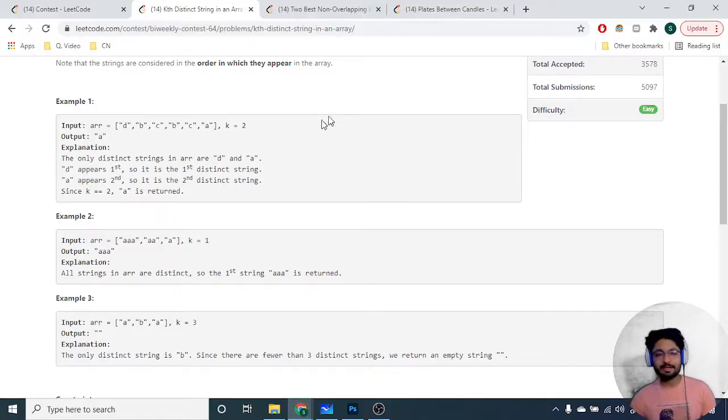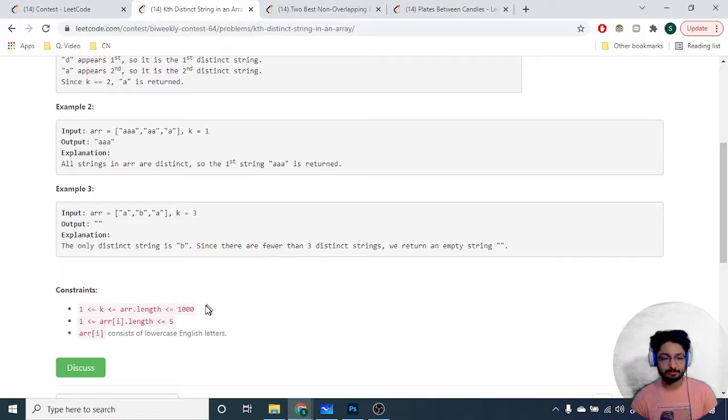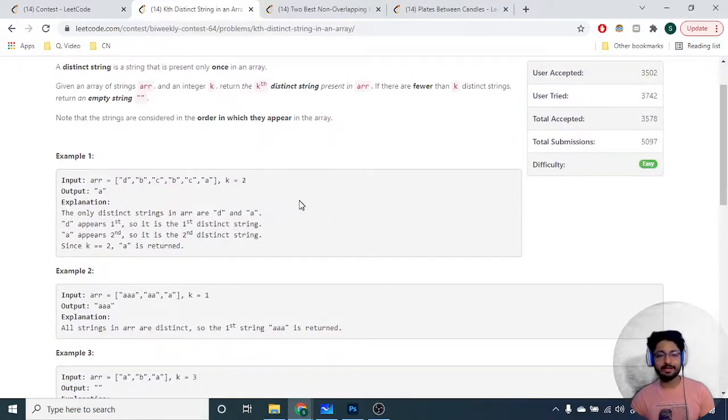So there can be multiple ways, you can use a set, but what you can also do here is use a map to store the frequency of every string, because the number of strings is very small. You can just iterate from left to right and store the frequency of every string into some map. Now again move from left to right.